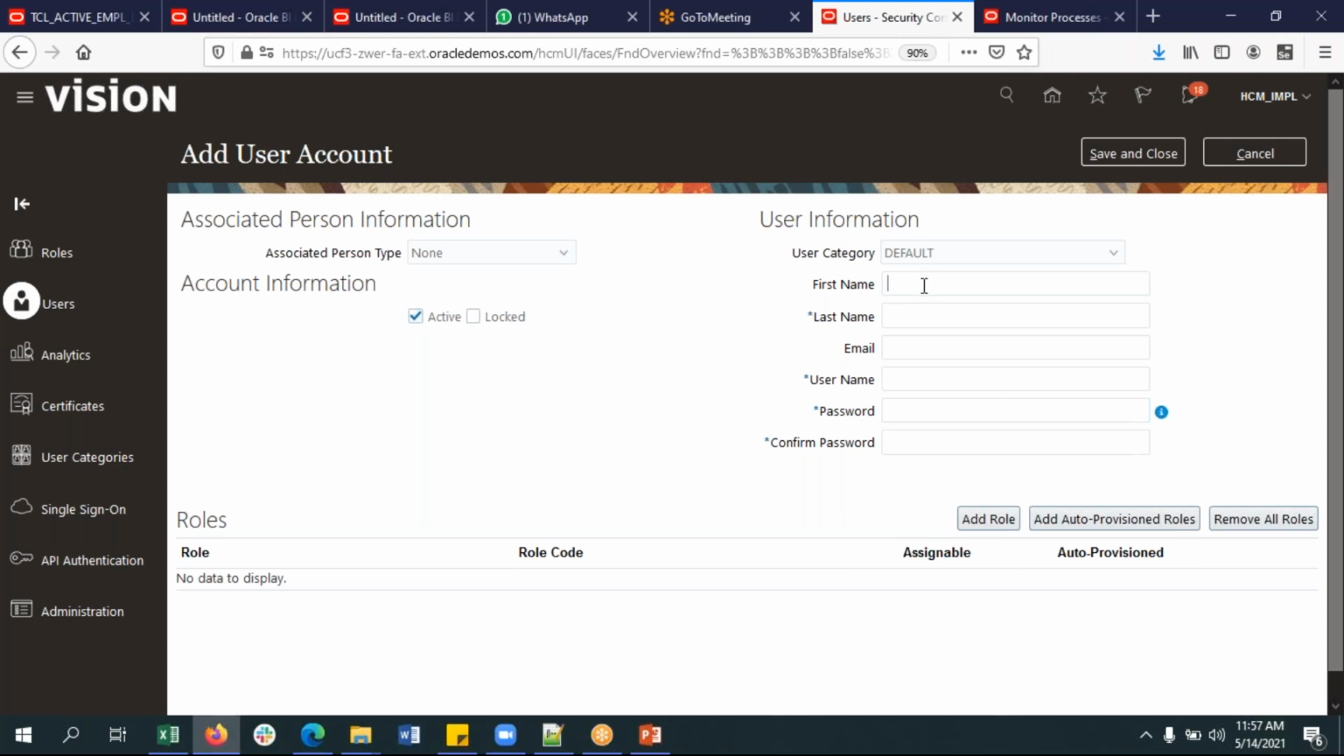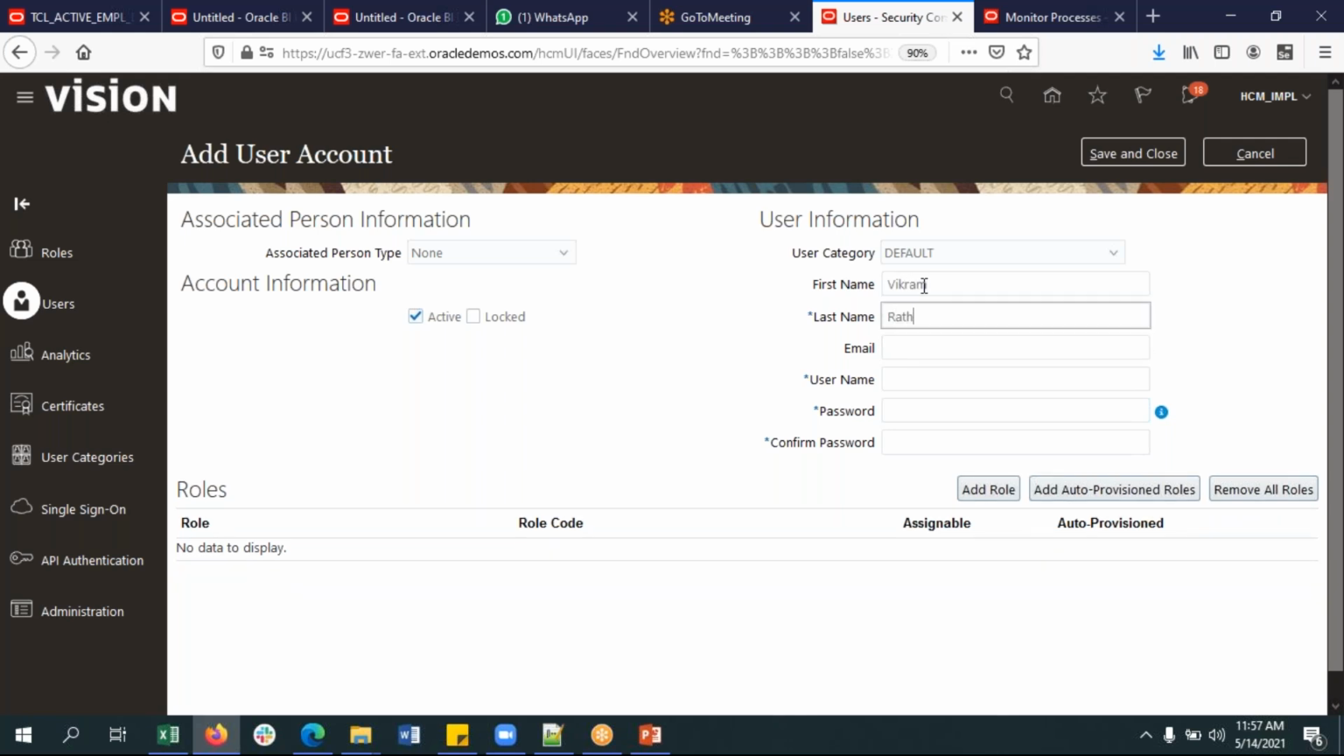Let me try to create a user here. Let me give some first name like Vikram, last name something like Rathod. When I give first name and last name and click on tab, my username was generated automatically. My username is Vikram.Rathod. I didn't create any username, but it came automatically. The reason is